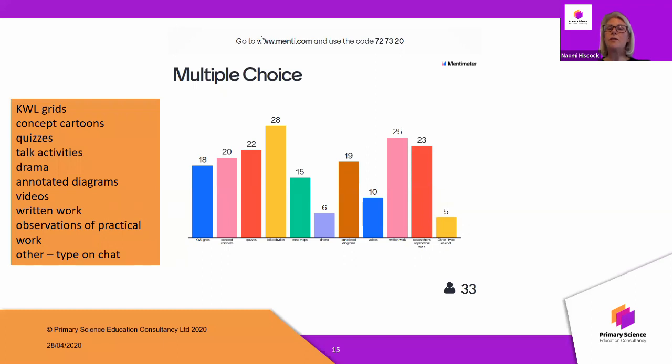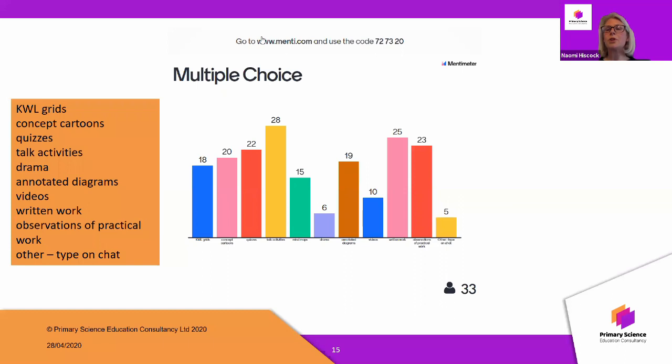Ella's put in there about using voice recordings. Again, the more we can move away from this reliance on children having to write as part of the assessment, then the more we can give all children that possibility to show us that they're secure with their learning. Questioning, thank you, Sandra, that's also really important. Again, we can support children to show us what they learn by the different questions that they ask. It may be for the less able children, they need more scaffolded questions, more very direct questions that perhaps have right or wrong answers.